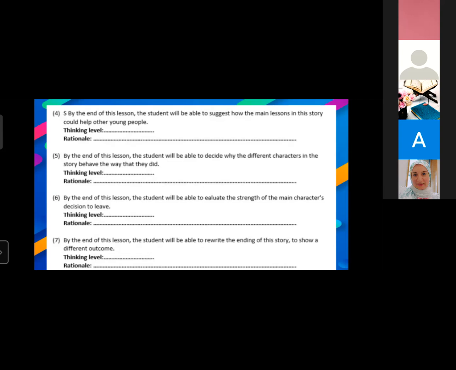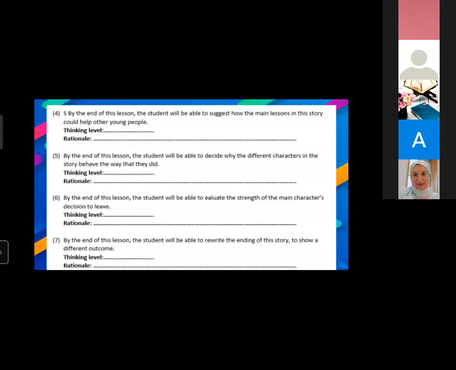If we stopped at the action verb, rewrite the ending of this story, applying. Excellent. It will be applying, but to show a different outcome. So here it can be applying and creating at the same time according to the action verbs. So now you are a real professional